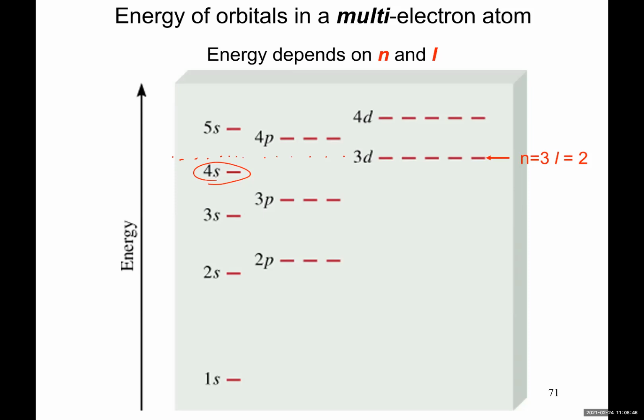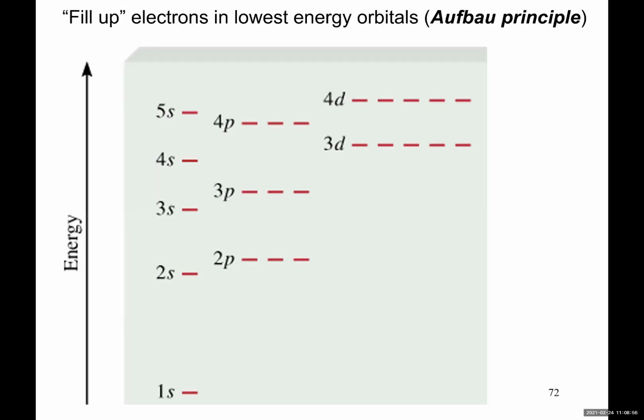And remember, they come in quintuplet sisters, they have the same energy, but different orientation in space. And so on and so forth. So these are the relative energy of orbitals. And Aufbau principle says fill up electrons in the lowest energy orbital, and when they are totally filled, go to the next